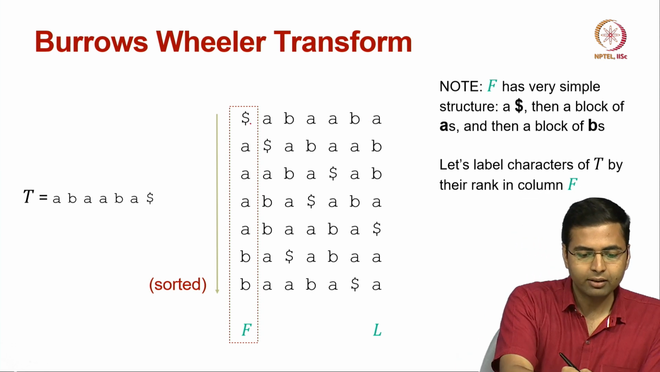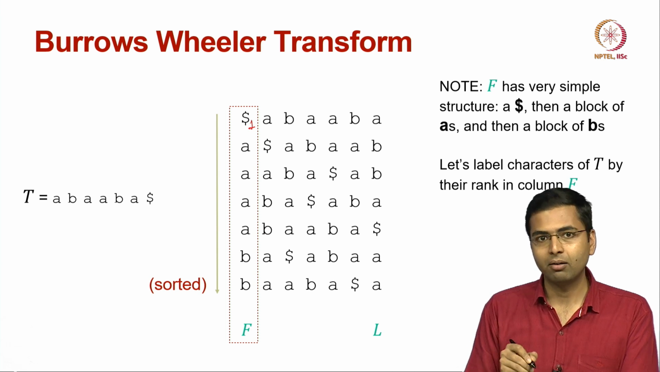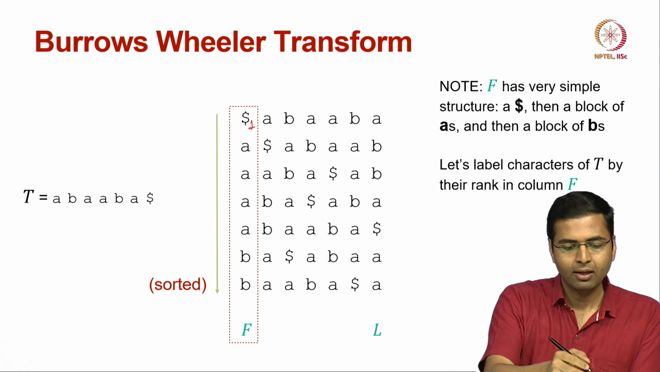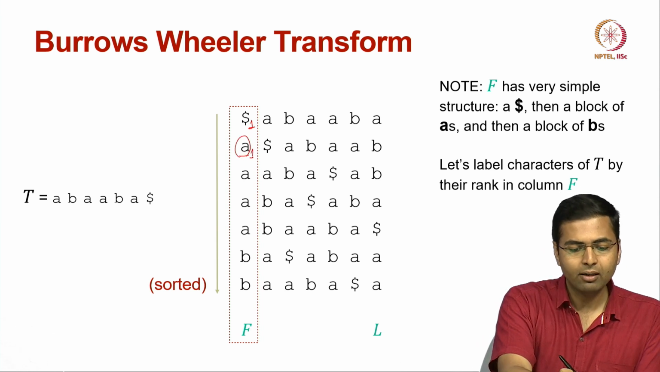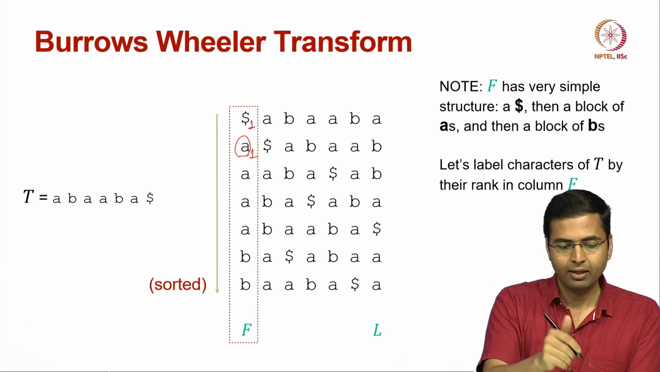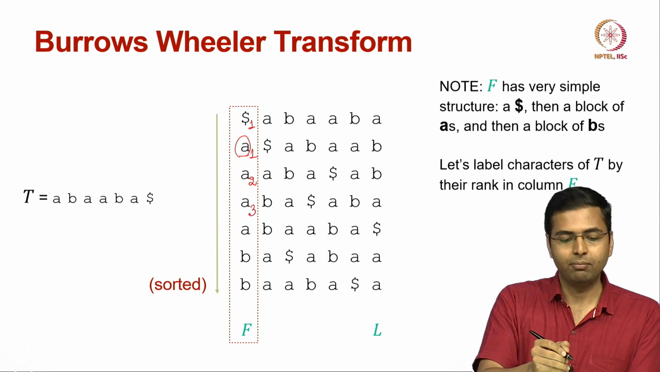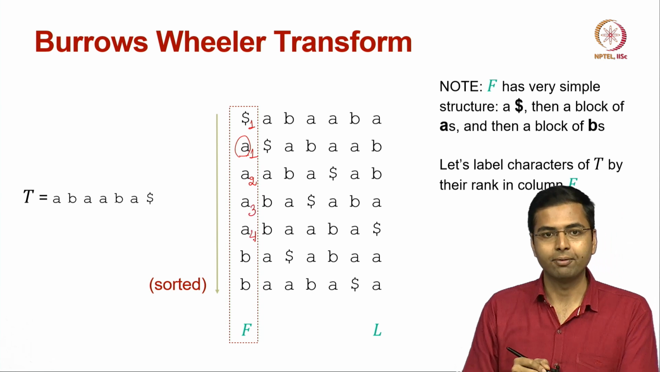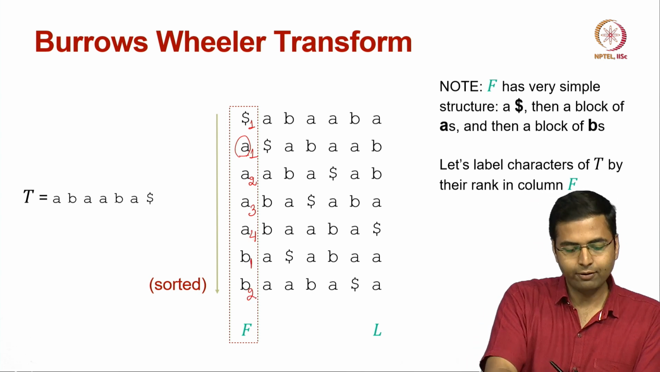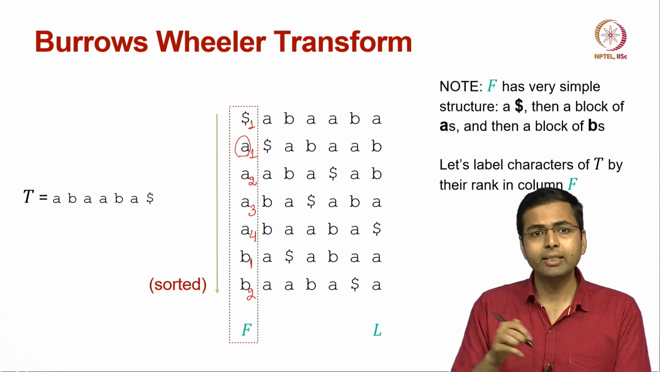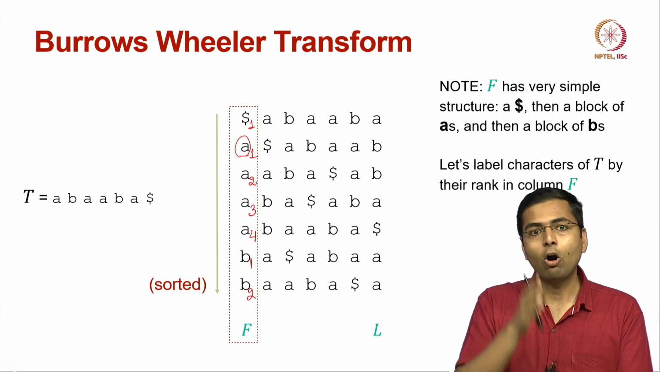For example, this is the first occurrence of the dollar symbol in this column, so I am going to mark it as rank 1. For this character A, I am going to give it rank 1 because this is the first occurrence of character A. Similarly, this is the second occurrence of character A, this is the third occurrence, this is the fourth occurrence. Then this is the first occurrence of character B, this is the second occurrence of character B. So, I am giving a rank to each of these characters based on their ordering in column F,